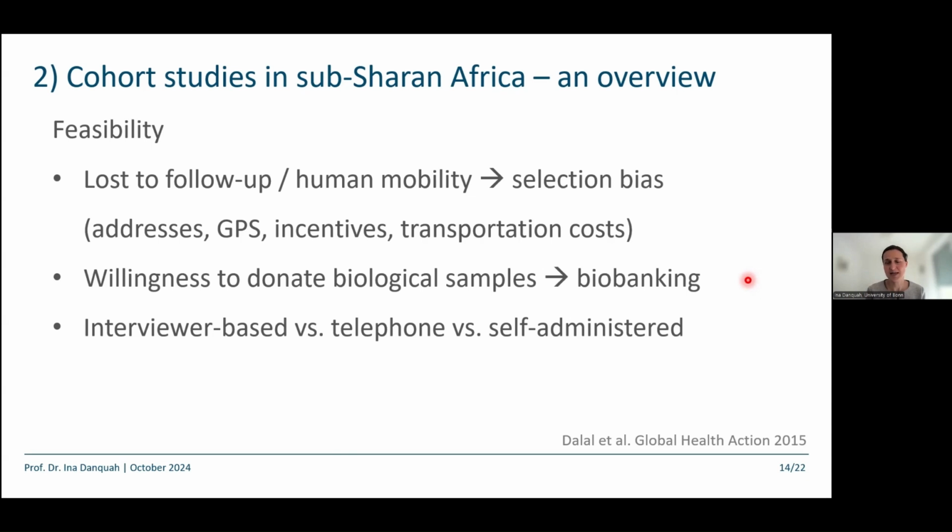And that also explains why we see most of the cohort studies being established and maintained in South Africa, Kenya, and Uganda, because these are simply quite stable economies, and they do have the infrastructures that are needed for this kind of endeavor. Talking about the loss to follow-up, we also need to consider who are the contact persons,